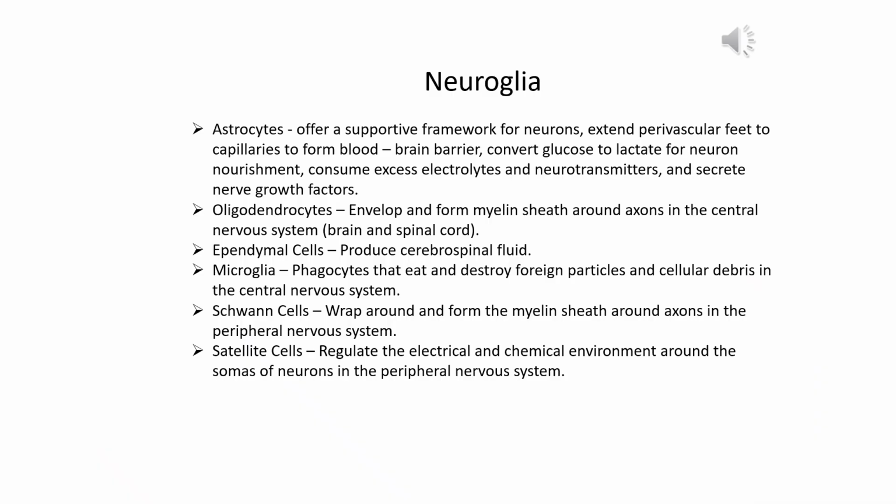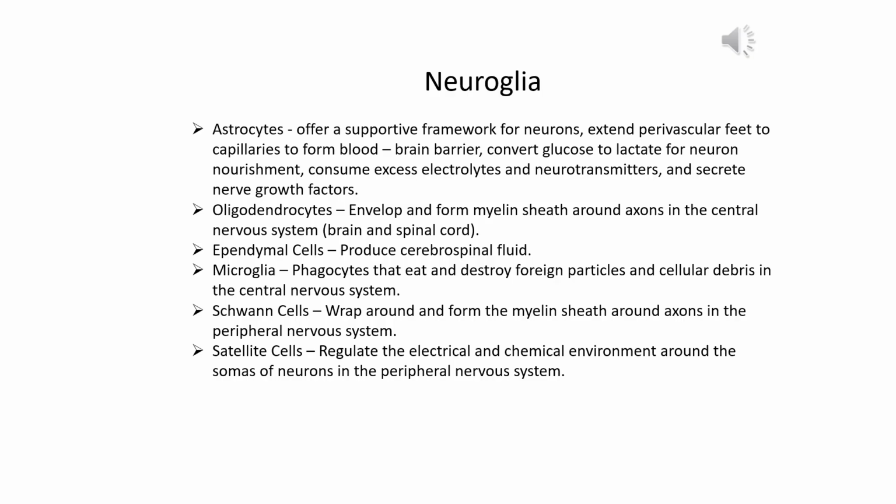Well, on the very first slide that you looked at, we had four of the glial cells or neuroglia illustrated for you, and I talked a little bit about what some of them do. Here are the six total. The last two are in the peripheral nervous system only. Well, let's start with the